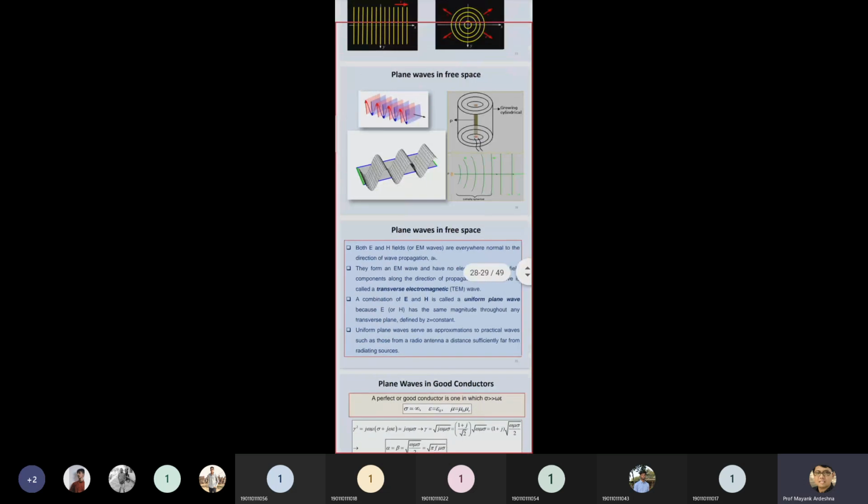Now, when we deal with an electromagnetic wave, it by default indicates a combination of the electric plus magnetic field. The waves you deal with in any particular medium are TEM waves, which means transverse electromagnetic waves. Transverse means any one of the components is perpendicular to the direction of propagation, and then it is considered a transverse electromagnetic wave.